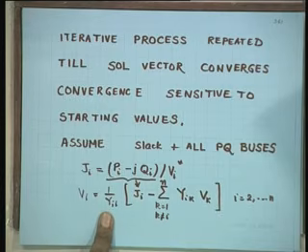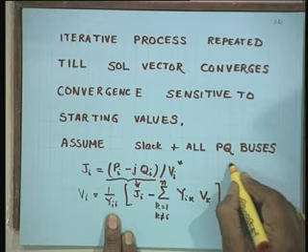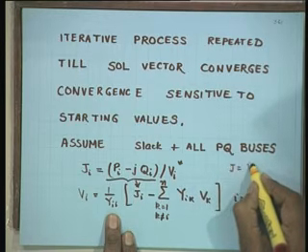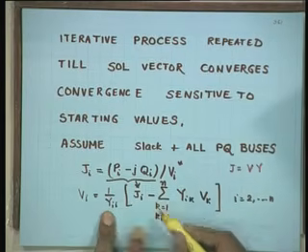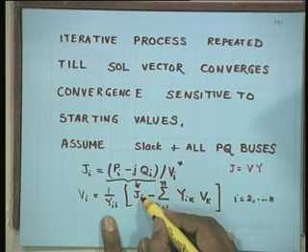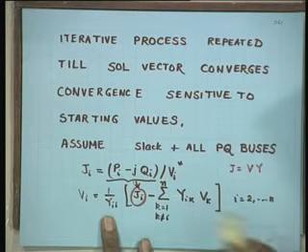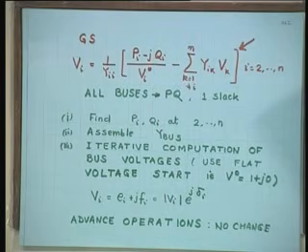Is this equation clear to you or no? This is nothing but, let me tell you a very simple equation, I is equal to YV. Now, I have broken this V into two parts. I have taken Yii and Vi this side and the rest this side, and this is nothing but Ii, right. Now, what do I do? I substitute in Ii this equation. The moment I do this, because I do not want current at all, I get this final equation. Now you will see that there is no current here anywhere,